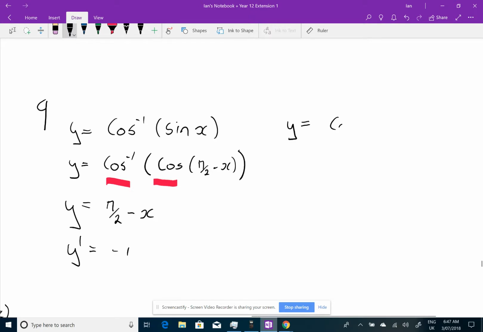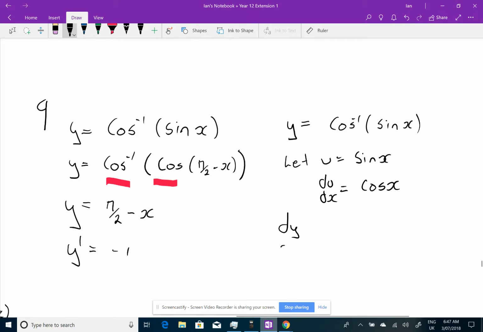Y equals cos to the minus 1 of sin x. And I'm going to let u equal sin x. Now, there's no restrictions on sin x. There's no restrictions on this u. And du/dx equals cos x. And dy/du equals,